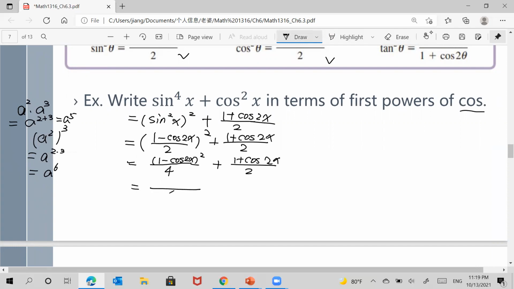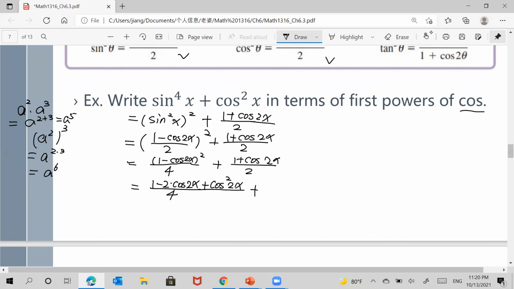Then this term equals 1 minus 2 times cosine 2x plus cosine 2x squared plus,